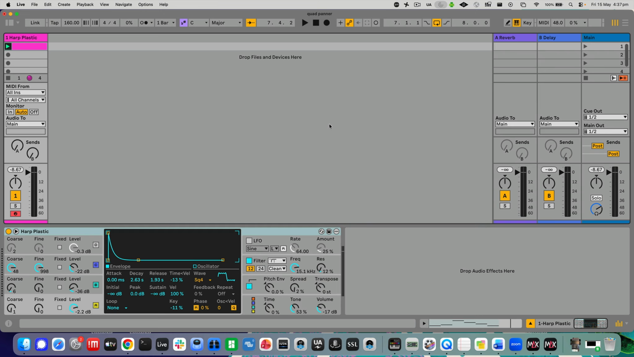I've been working on a quad panner. It's pretty simple, but it's got an auxiliary send so that we can set up a quad reverb as well. Let's have a look. So I've got an instrument track here, and what I want to be able to do is to basically project this instrument track into front left and right and rear left and right speakers in a